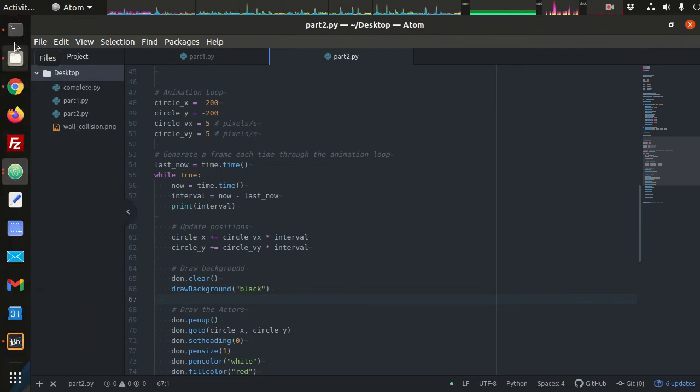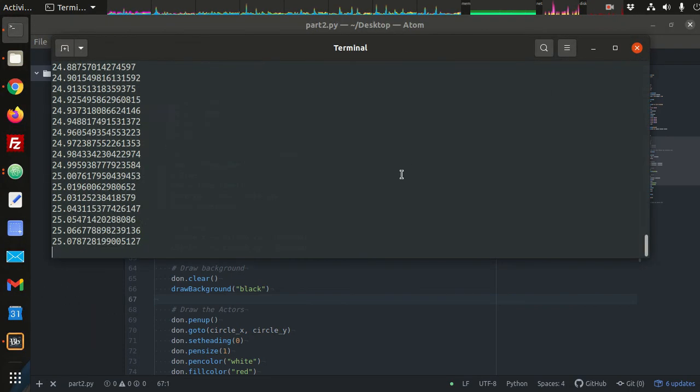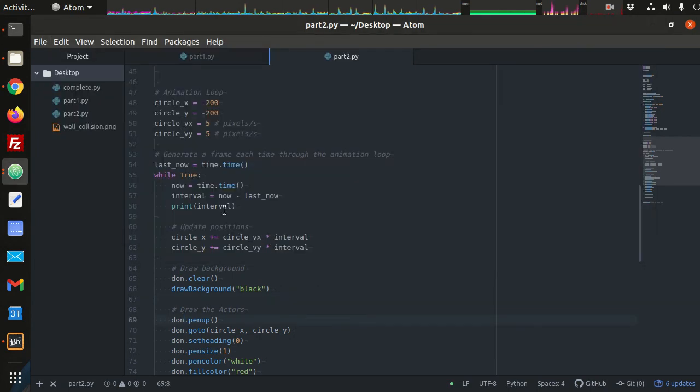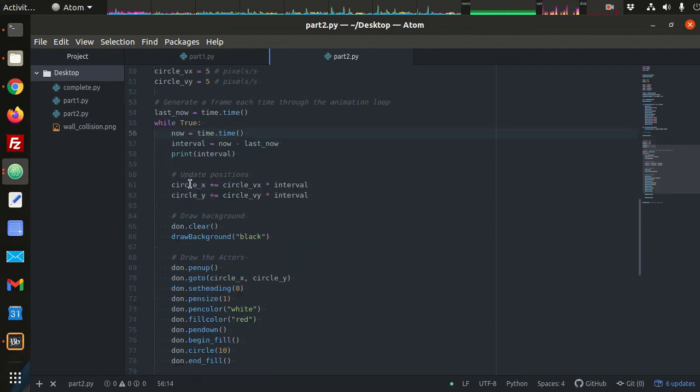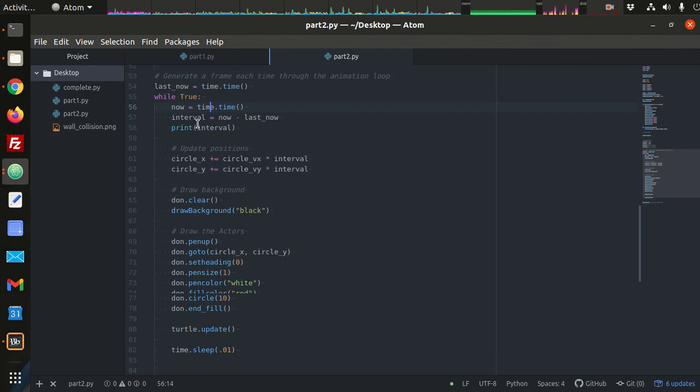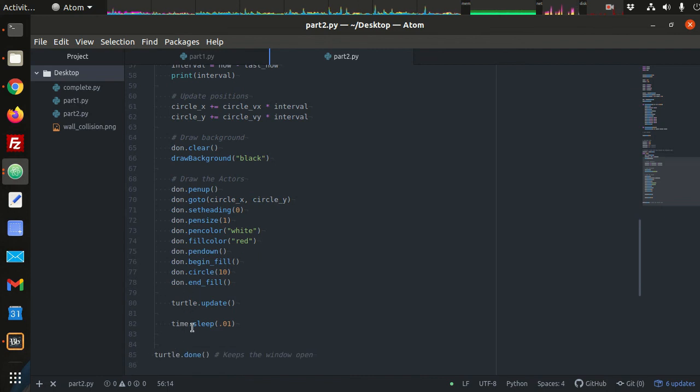So I know what the issue is here. We can cancel that. Basically, we never set last now again. So the first time we set this variable, last now, is at the very beginning of the while loop, right? And so now we calculate at the beginning of the loop, but what I forgot to do was set last now again to now at the bottom of the loop. So think of it this way: as we progress through this while loop, this takes time to execute all this code. Then we get down to the bottom